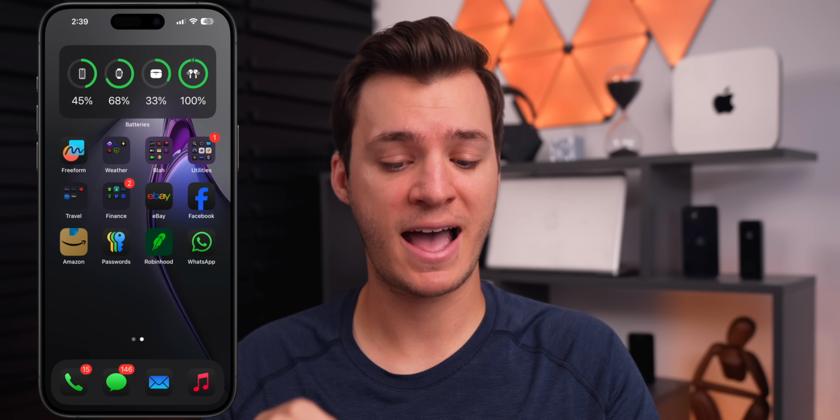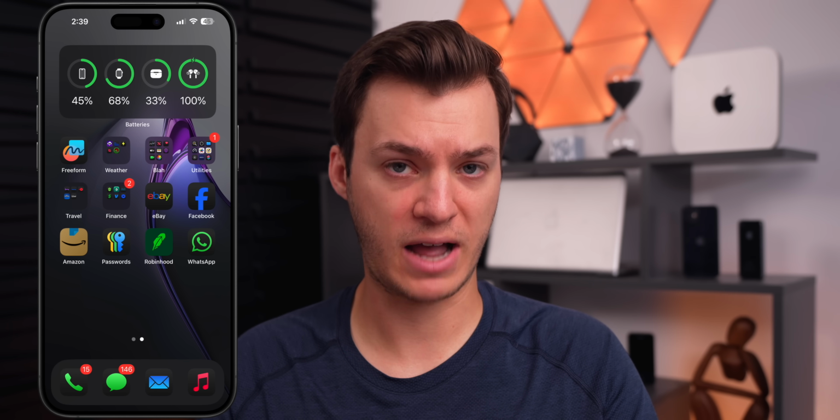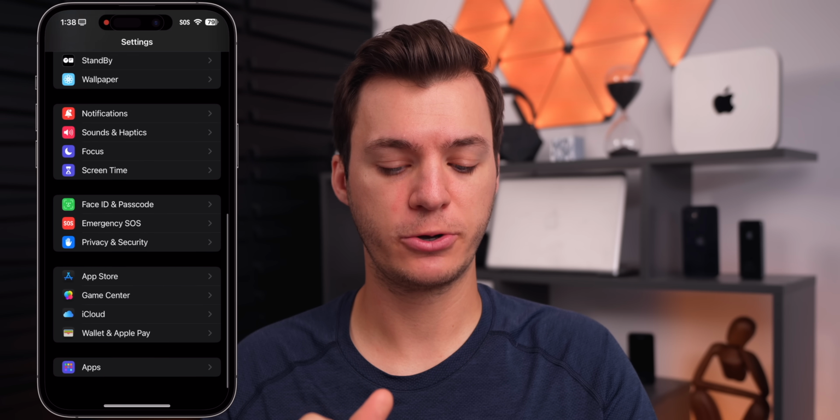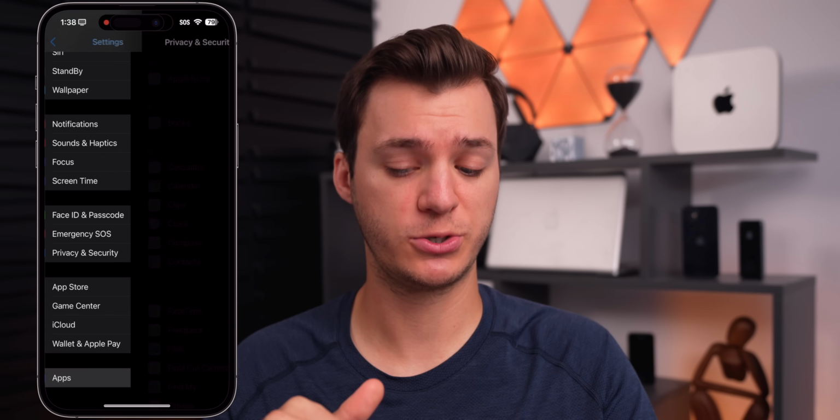So WhatsApp did not have a dark mode until now with beta 5. Also, this update fixes the CarPlay issues with Google Maps and Waze. So they had major issues in beta 4, and those appear to be fixed here with beta 5. And speaking of photos, if we go into the Photos settings, which we have to go to Apps and then